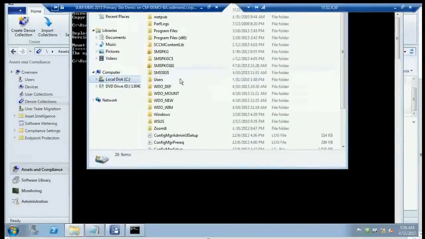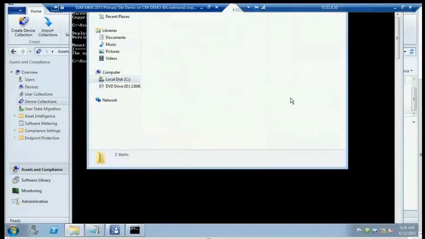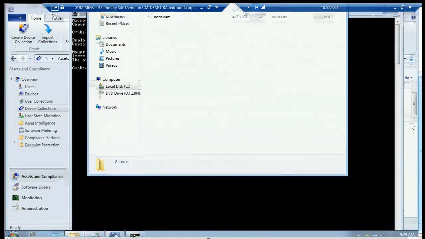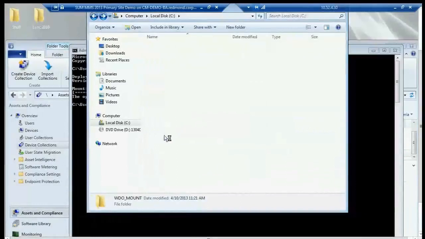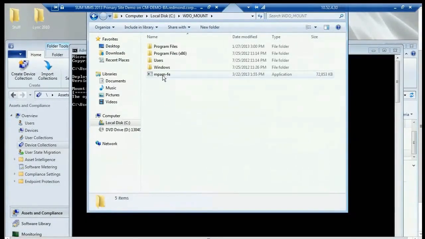But once I've mounted this WIM, if I go over here to WDO new, or sorry, wrong folder, and scroll up and hurry before that alarm starts again. If I go to WDO mount, then I'll get the contents of that WIM, and I've already put it in there, but I'll just show you. There's this redistributable definition file, which is available for download from Microsoft, and there's a source in my blog on how to do that. You can do that with a scheduled task and have it pull this definition file down 3 times a day or however often you need it. You just simply paste that in there,